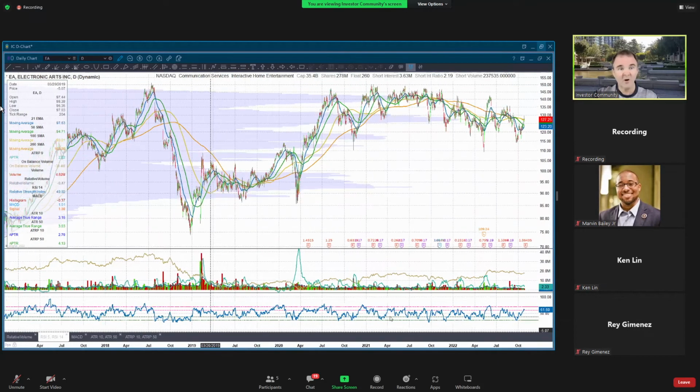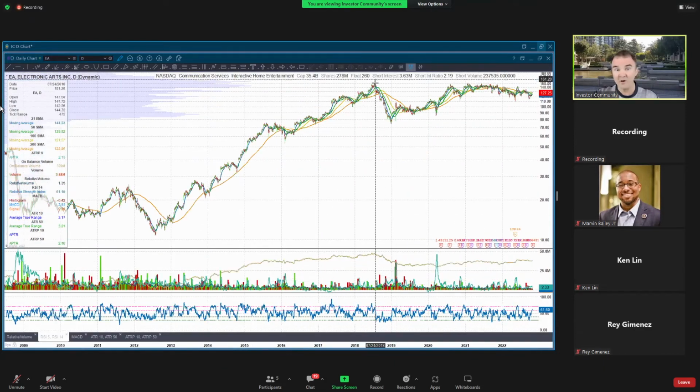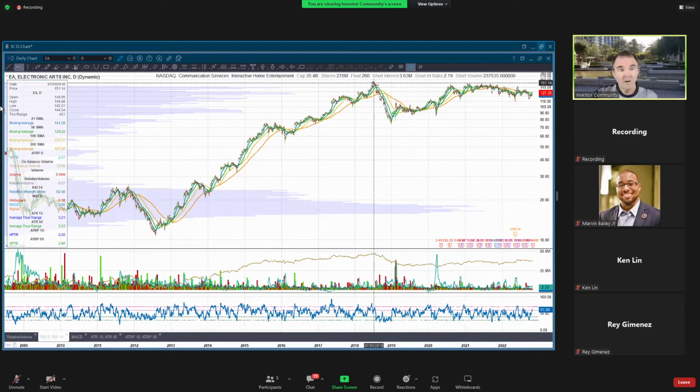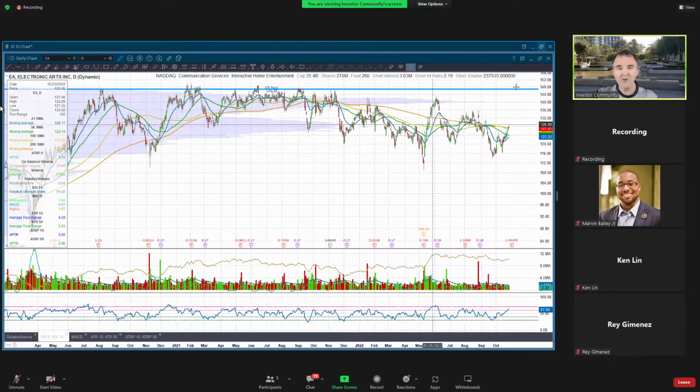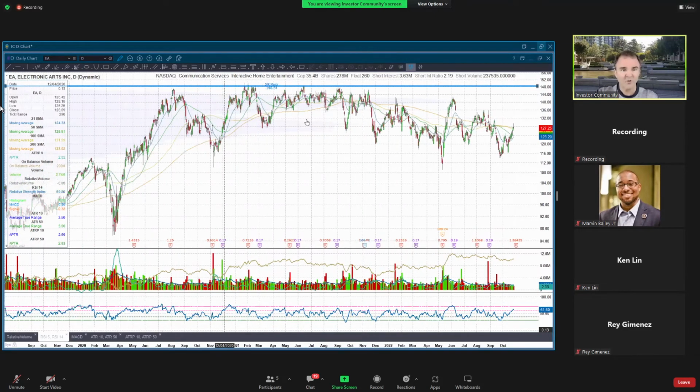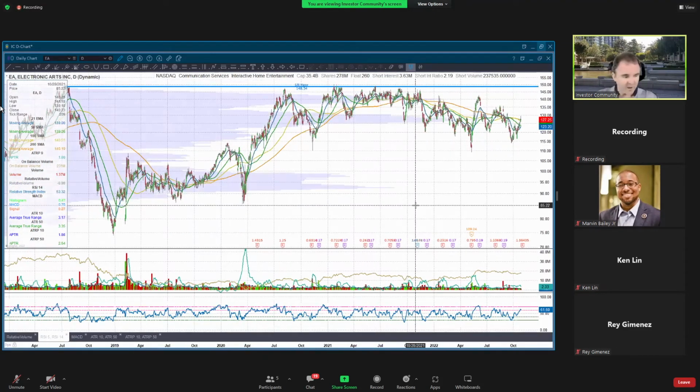But it's got to get above this, right? Might as well just draw that in there. That level right there, major resistance. It has also created a channel to the downside, or support to the downside as well. But I see no reason to get in this until it breaks out of here, or maybe when it looks like it's getting ready to break out of there. So that's EA. Not terribly interested, although they are a financially healthy company.